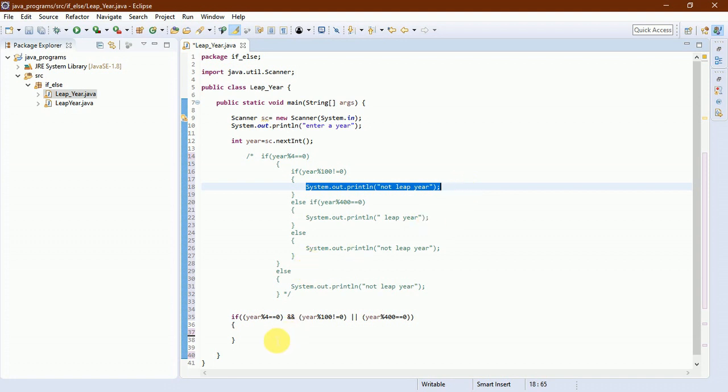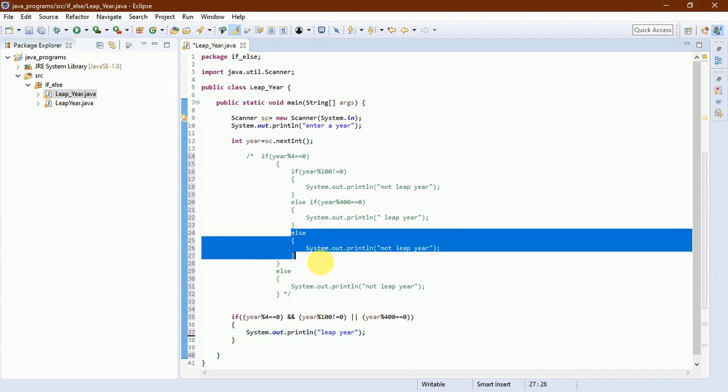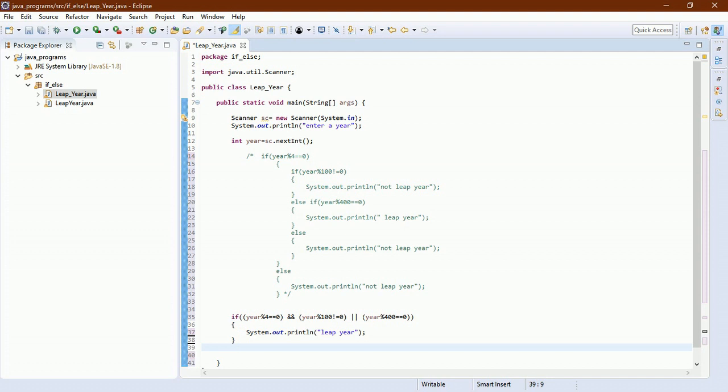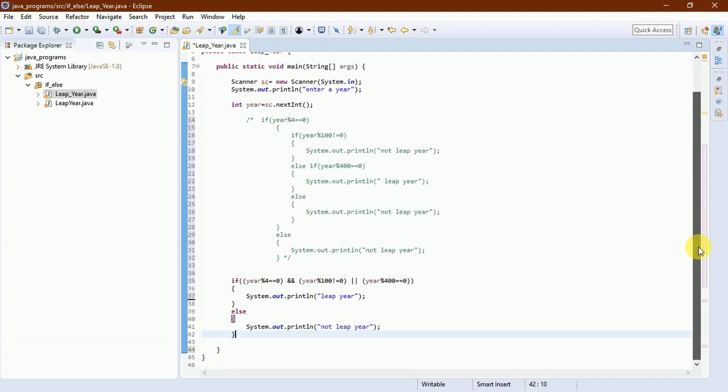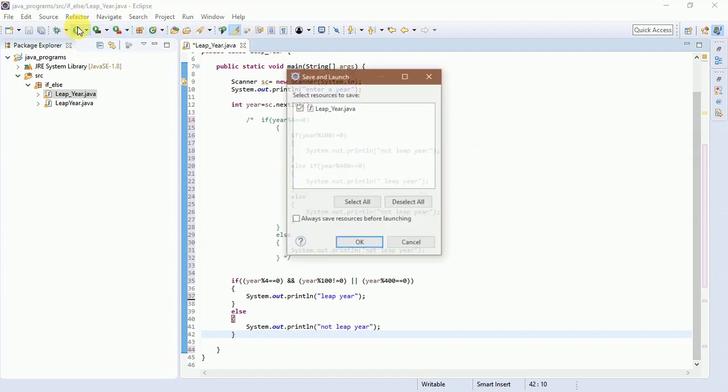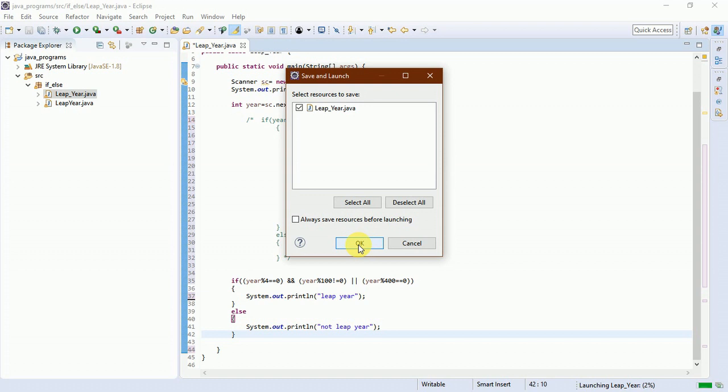Otherwise it will be considered not a leap year. I'm copying from our program and I'm running the program. Leap year, okay.